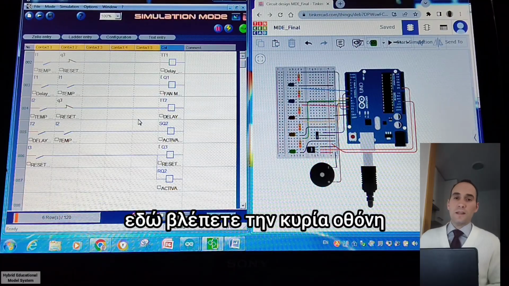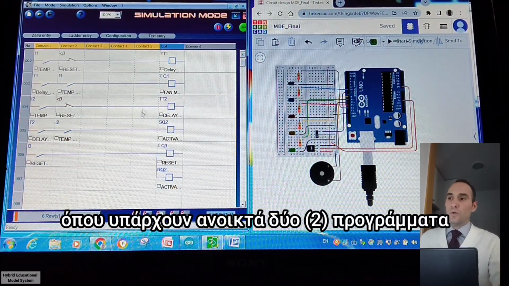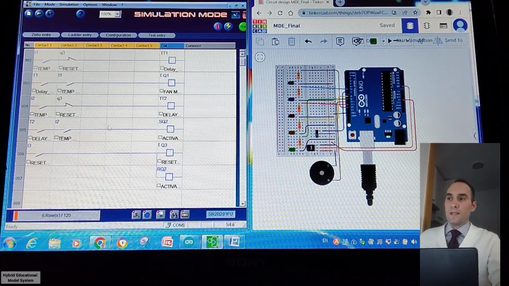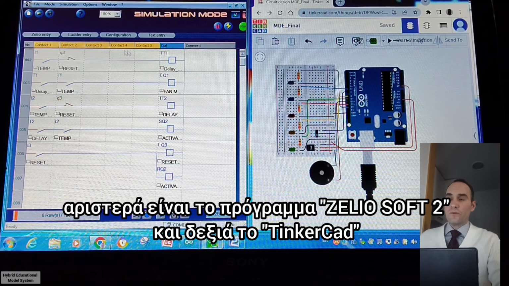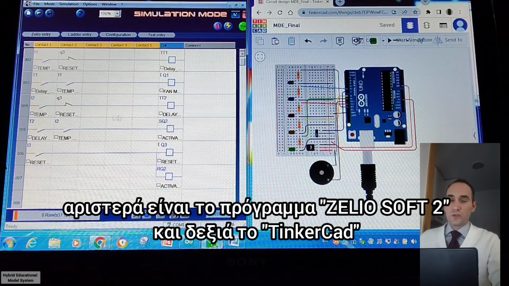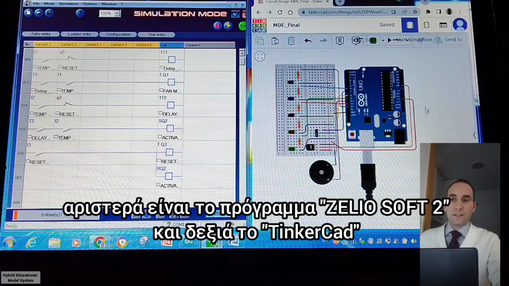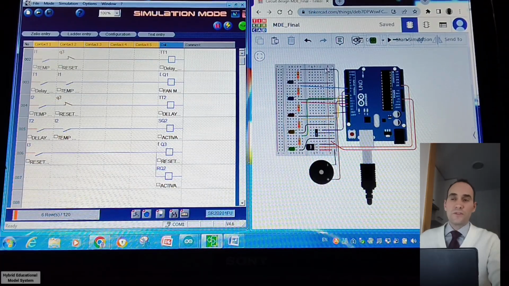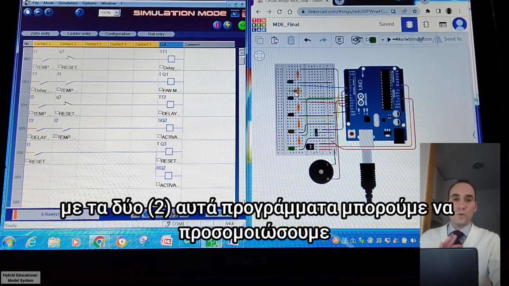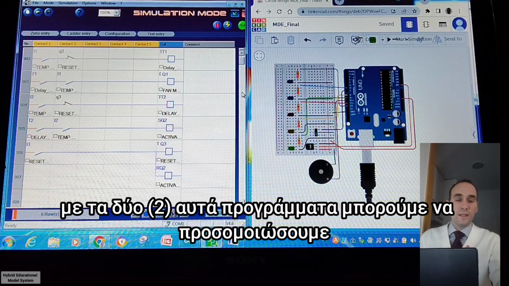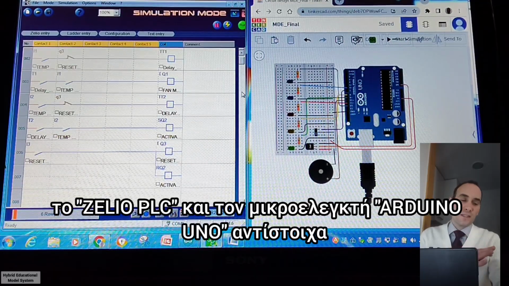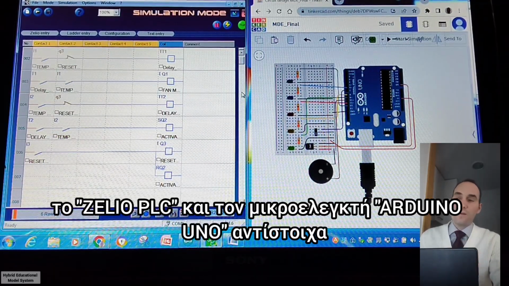Here you can see in the main screen that we have 2 main programs. One is the Zelio software called Zelio Soft 2, and the other is the Tinkercad online platform for Arduino Uno. So with these two platforms we can simulate our edge layer device, that is the Arduino Uno, and the control layer, that is the mini PLC.